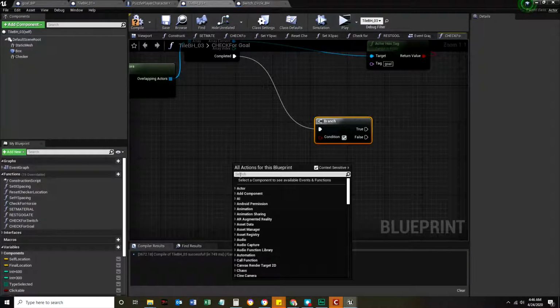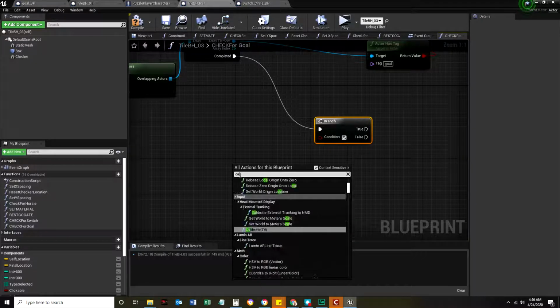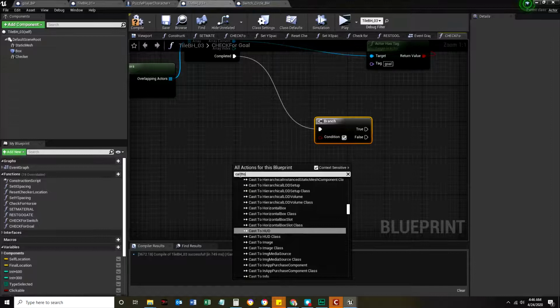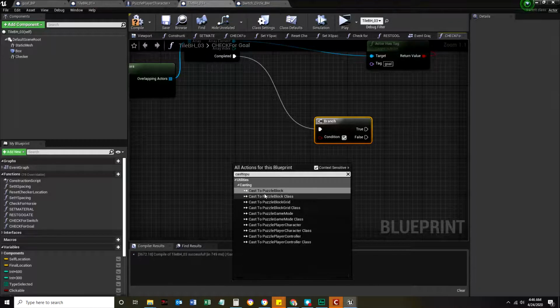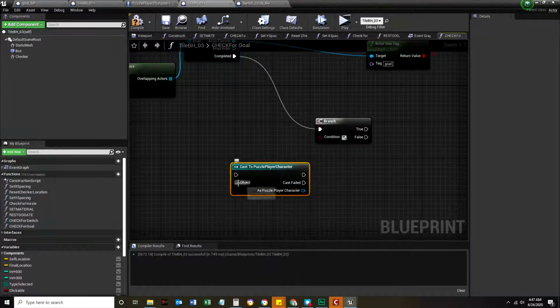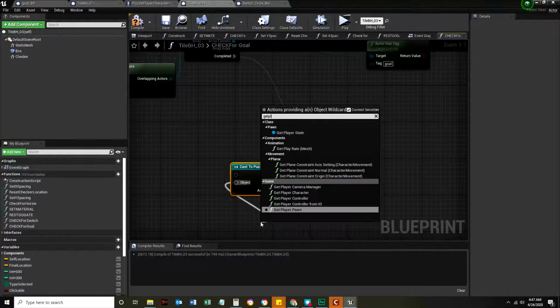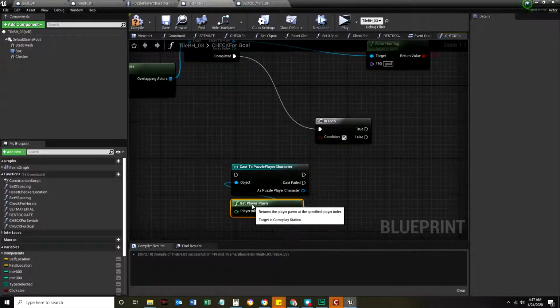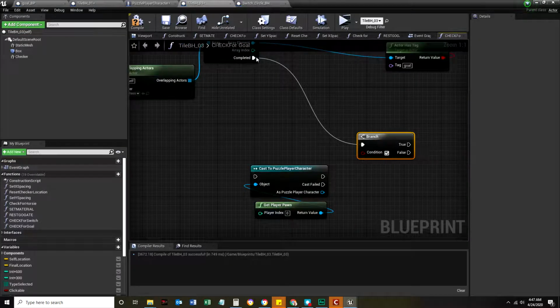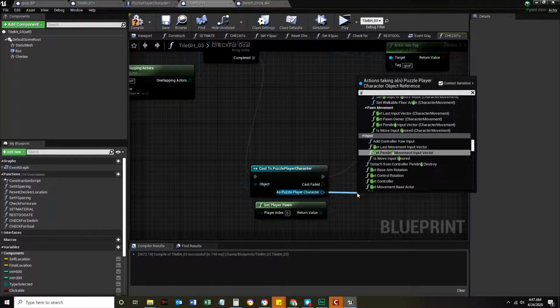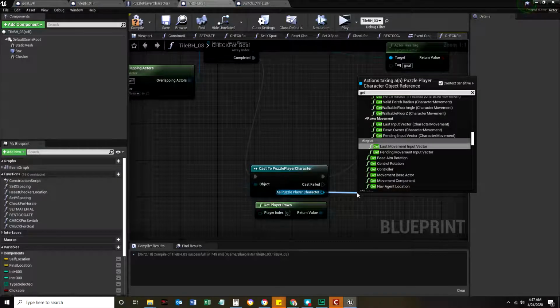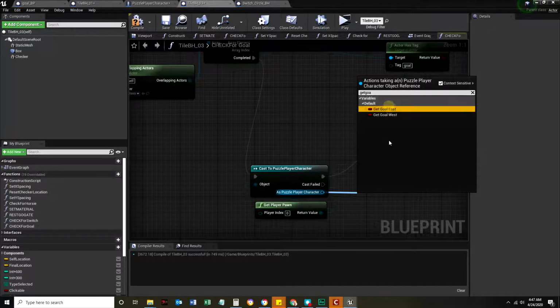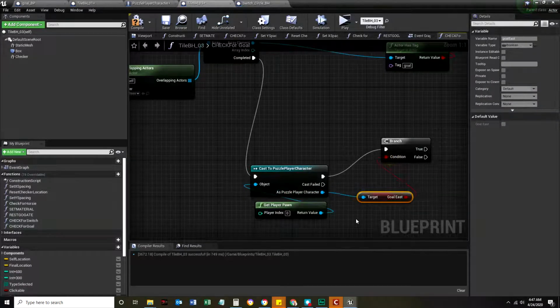Yeah, okay. And so that's going to be cast to puzzle player character. I'm going to get player pawn. Okay. So I'm going to go through here, and I'm going to say get, right now I'm in tile BH03, so I'm in the eastern side. I'm going to say get goal east. And I'm going to say, you know what, if that's true,